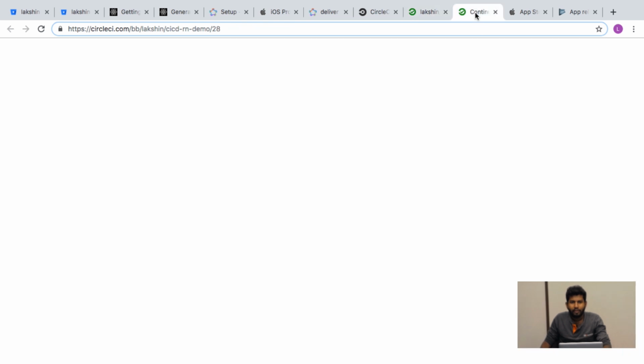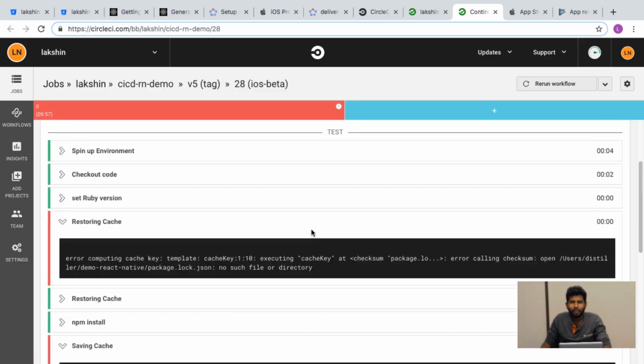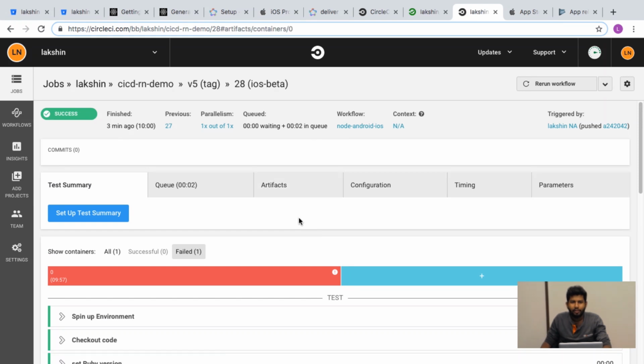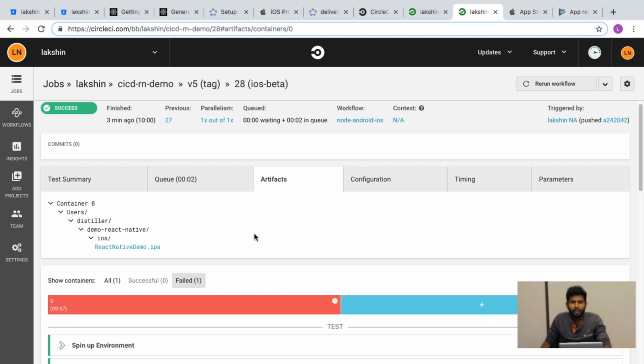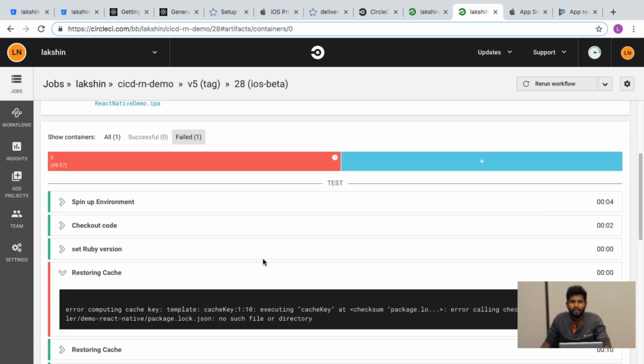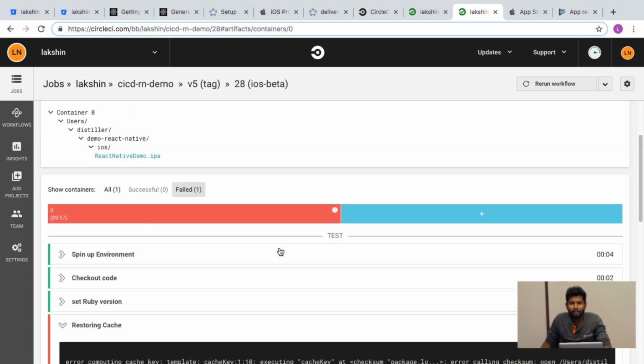Let's go and check the iOS as well. It has run the commands, and in iOS it has uploaded the IPA as an artifact. You can download it from here. And if you notice why this is red, it's because some cache wasn't available when restoring, so that's not